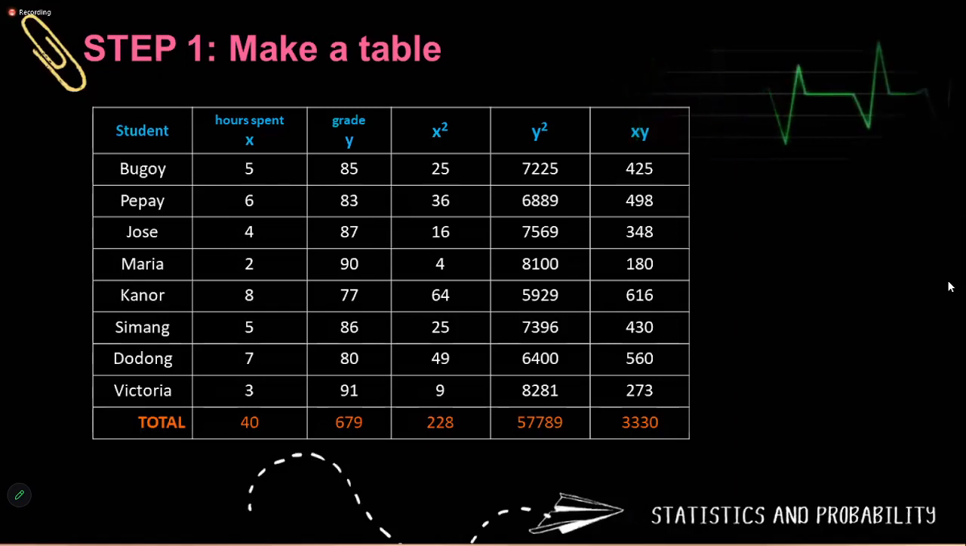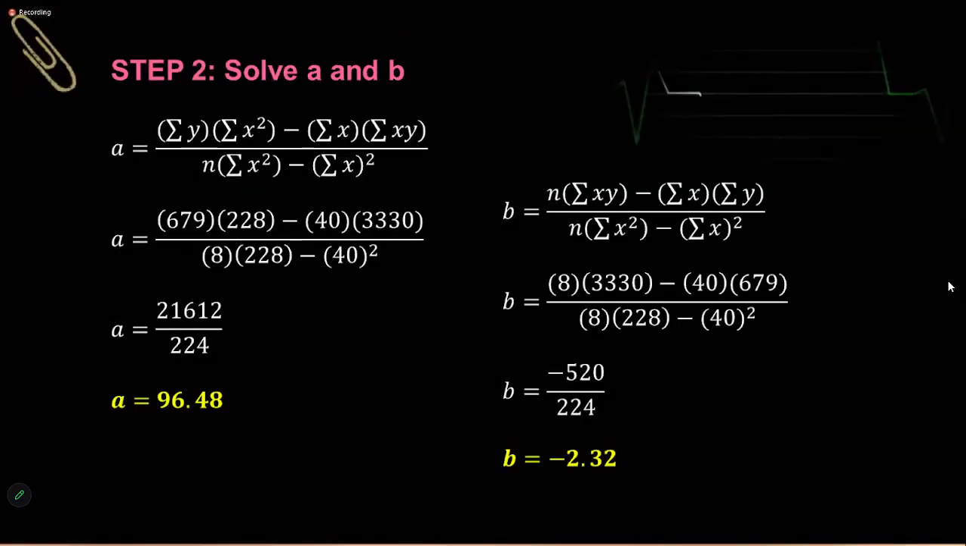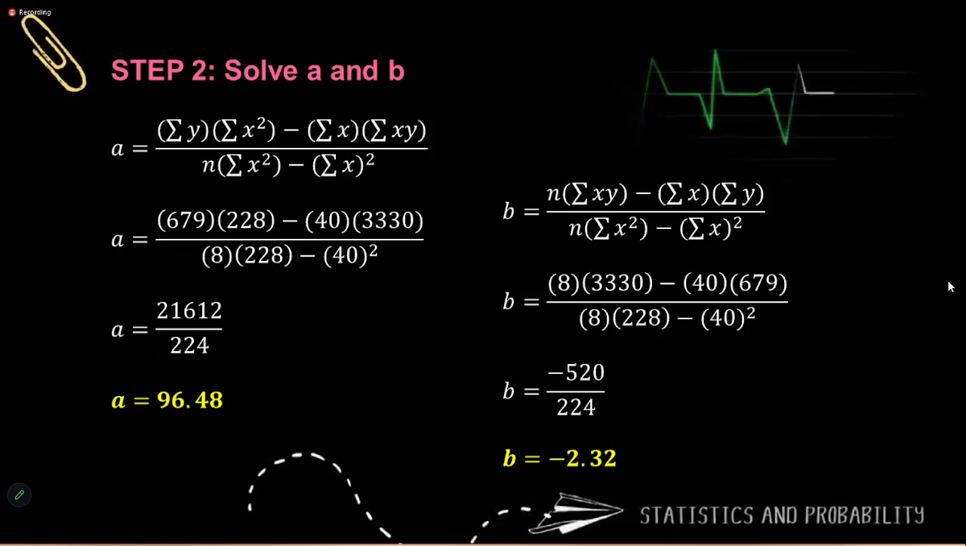So we have the third column, we have x squared. That's y squared, xy. Do I need to elaborate this one? Hindi na. Alam nyo naman kung paano nagagawin yan. Gamitin natin yung ating formulas in solving A and B. It's just a substitution. So, the answer becomes 96.48,